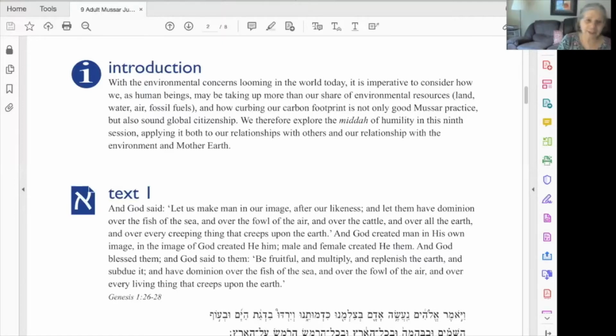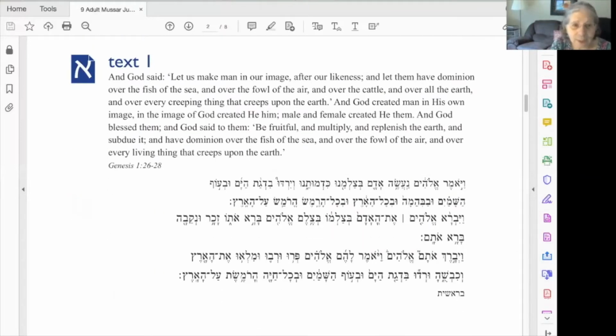Let's take a look at text 1. Text 1 is an interesting text. Many people do not know that Genesis has 2 versions of creation, one found in Genesis 1 and one found in Genesis 2. And in our study of this midah, of humility, anava, we're going to look at both aspects of the Genesis story. Genesis 1 tells us that man is made in our image after our likeness, and let